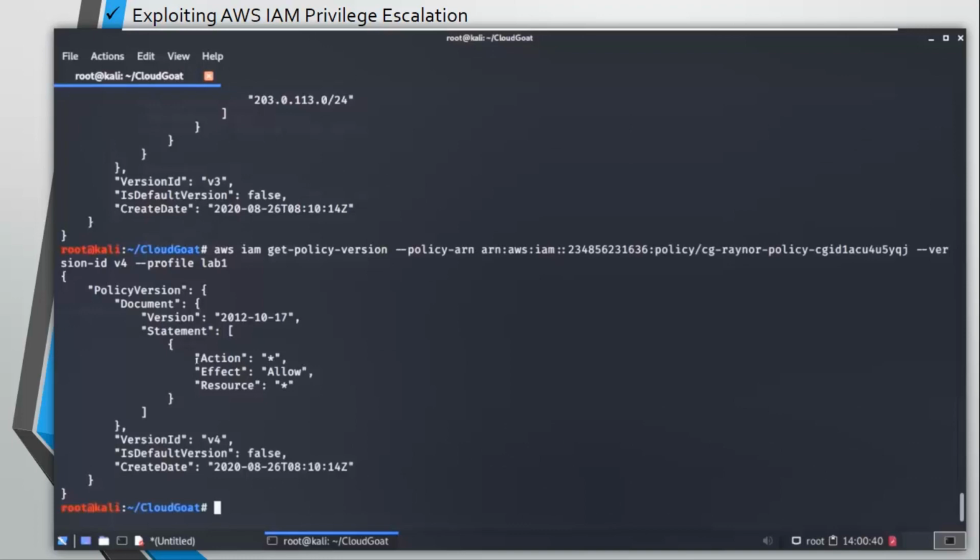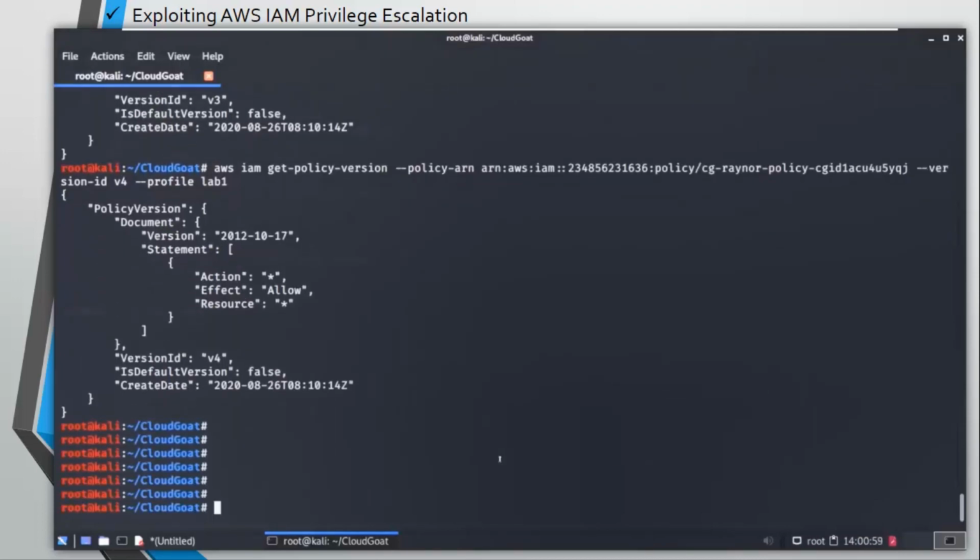So you can see action anything allowed for anything, literally any resource. So any action is allowed on any resource. This is pretty interesting and extremely powerful. So once we set this one as our default policy, we can do literally anything.